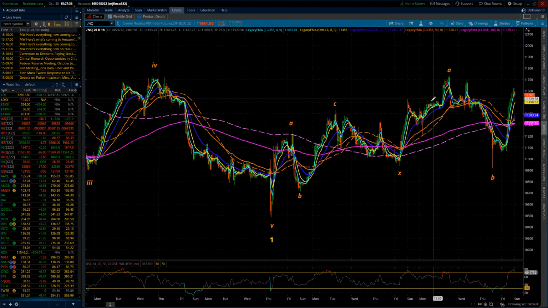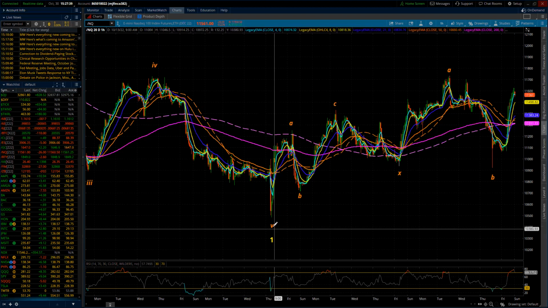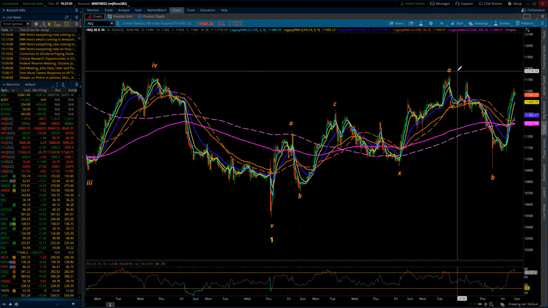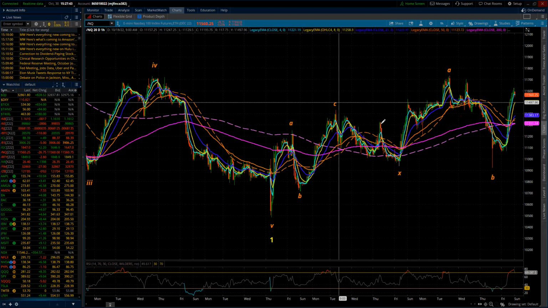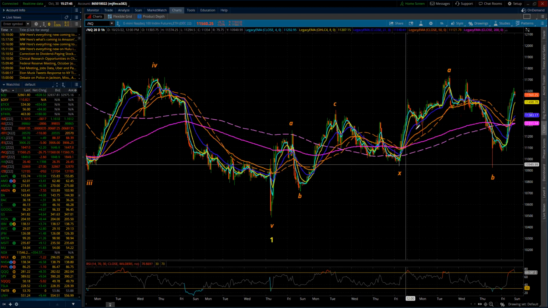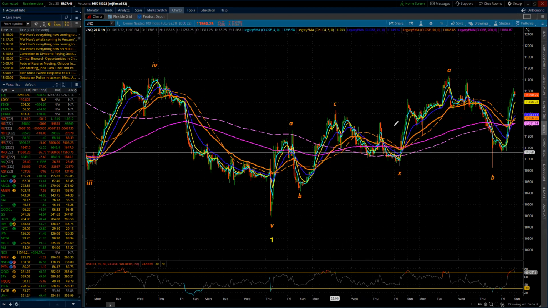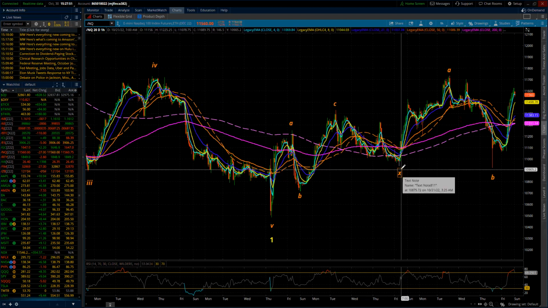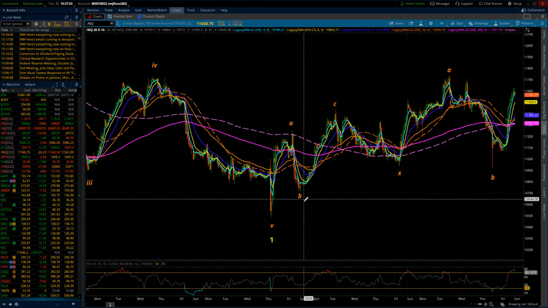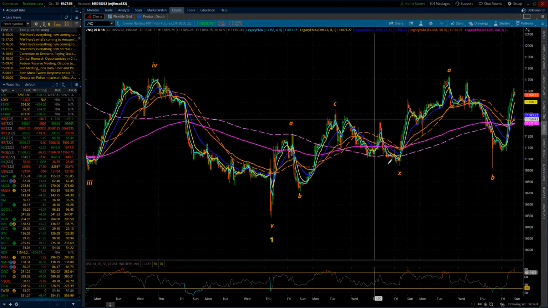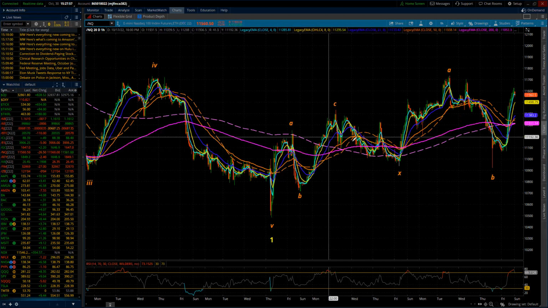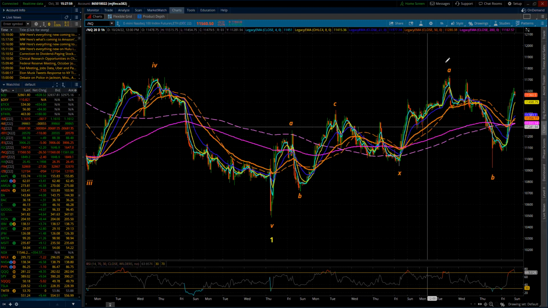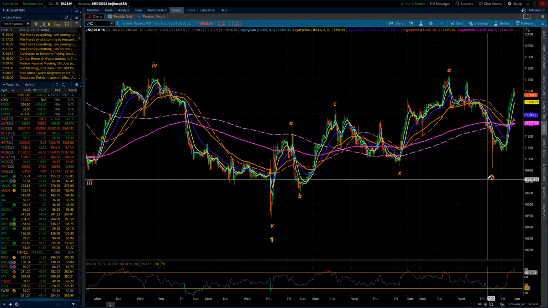So if we're in a double ABC, here's the first, the intervening 3-wave structure turns into an X wave. That's how it's labeled. We have 3, 3, 5, then 3. So it's ABC, X, and then 3 for A, 3 for B. We're in a